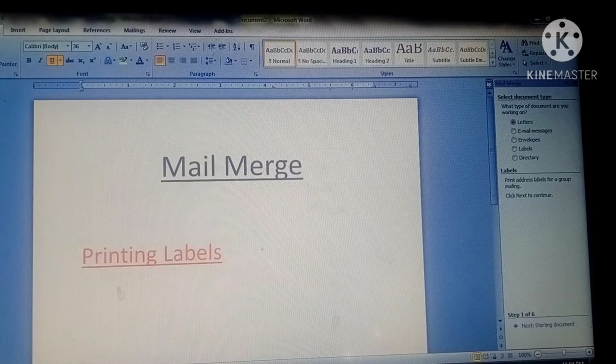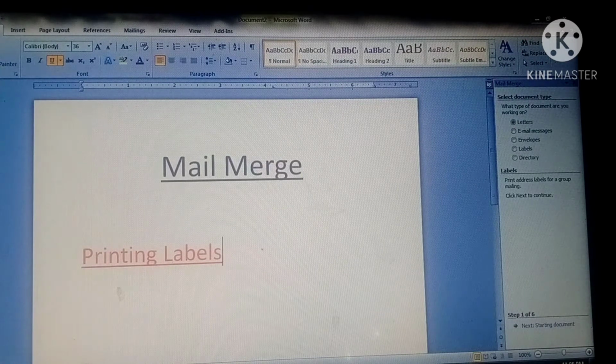In mail merge, I am now taking the next topic, that is printing labels. What is printing labels? When you have printed your letters and after that you want to post them, you have to write down the addresses on each envelope again and again, and this is really a time consuming task.